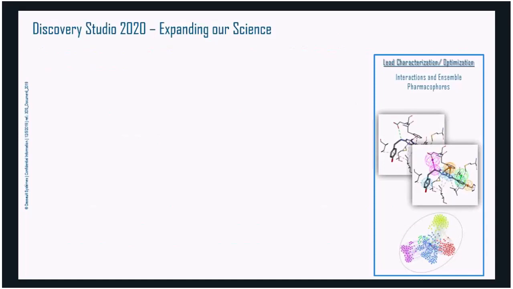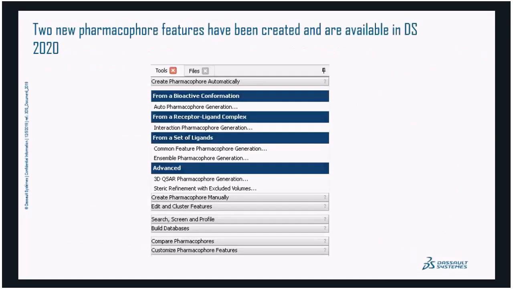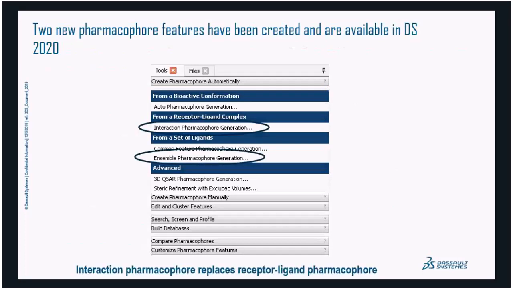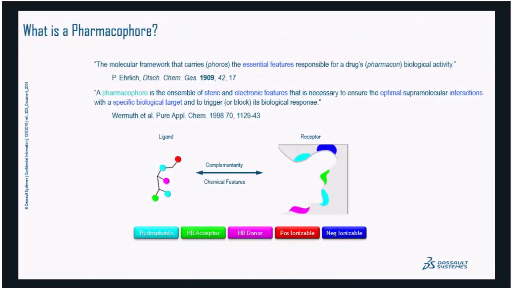So that's all we need to talk about for that area. The last area is our improvements in pharmacophore modeling, particularly with two new features: interactions and ensemble pharmacophores. The interaction pharmacophore actually replaces the previous protocol referred to as receptor-ligand pharmacophore. Before I explain what exactly interaction pharmacophores and ensemble pharmacophores are and how they work,